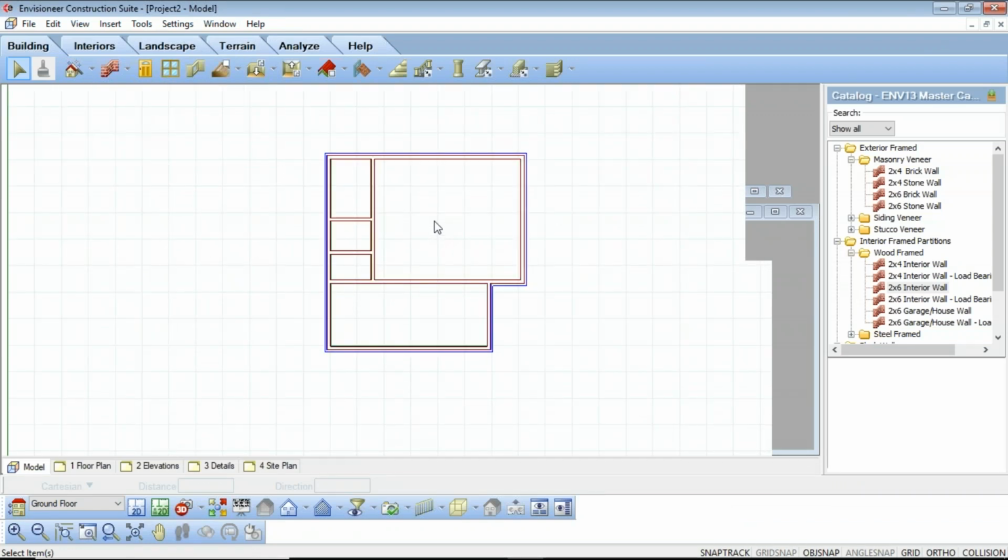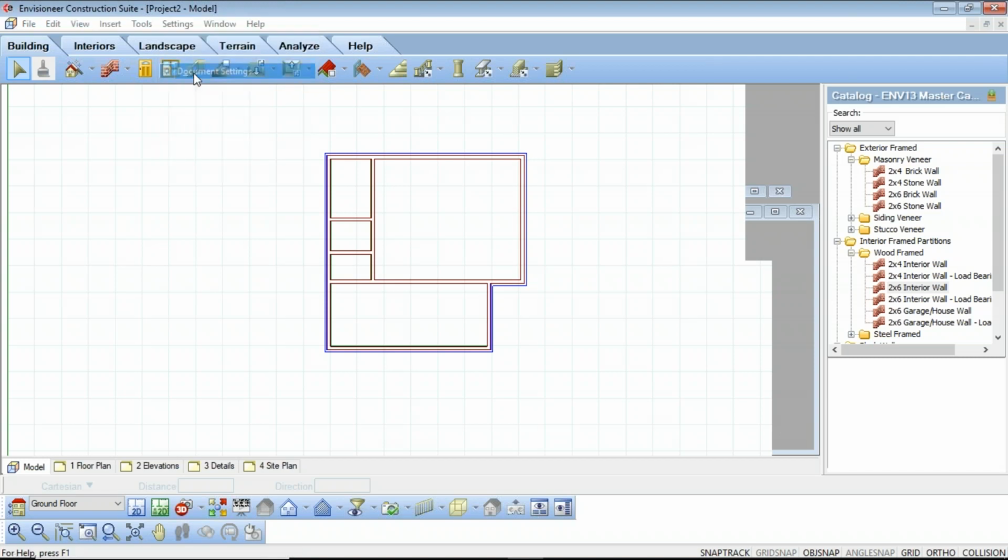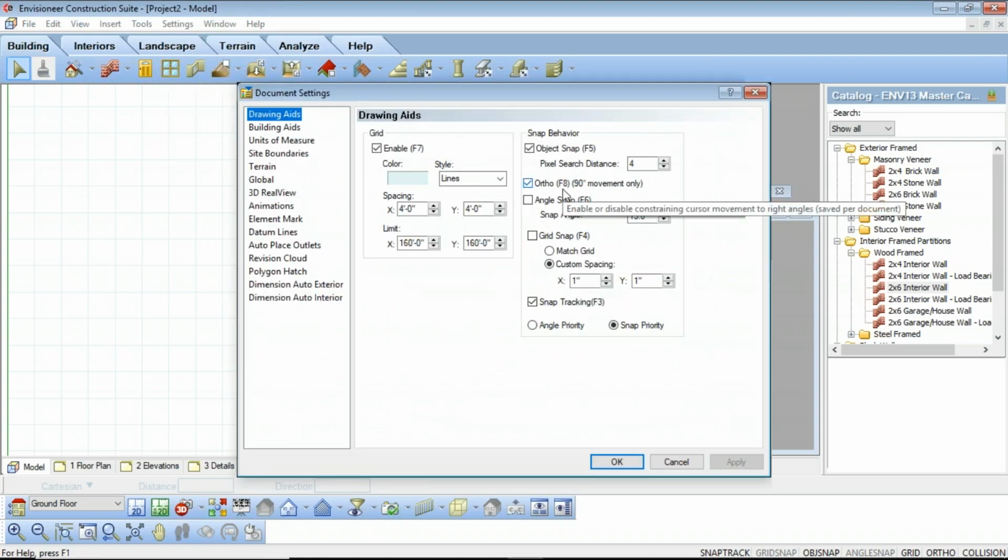And I do get this question quite frequently as well. People always like to draw with ortho turned on, and they want to be able to quickly and easily switch back and forth between the views, between the angle snap and ortho, if they have a file that has an angled wall in it. If you look at the actual angle snap option, the F6, if I wanted to actually draw my walls at an angle,